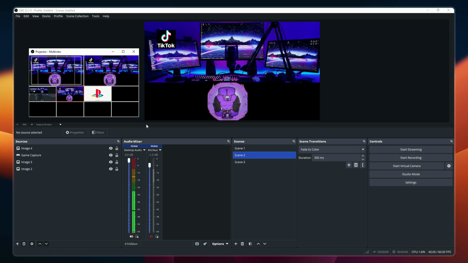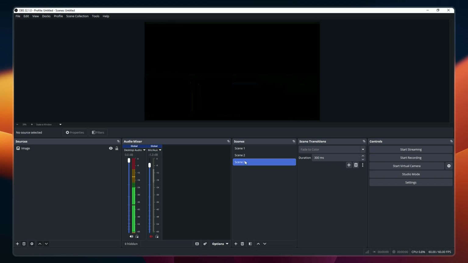And that's it. You now have Multiview set up in OBS Studio, giving you complete control over monitoring all your